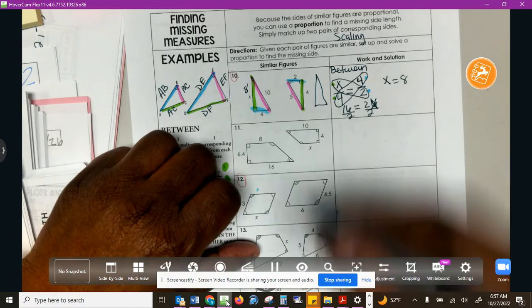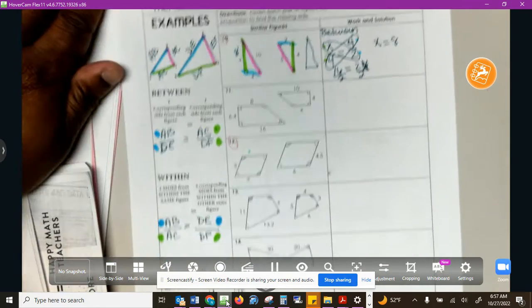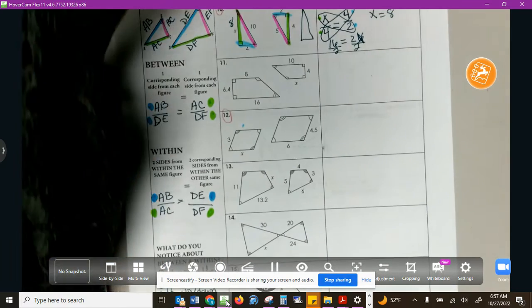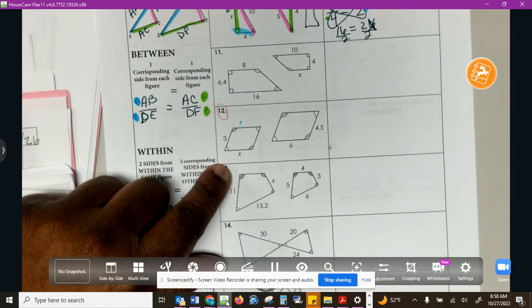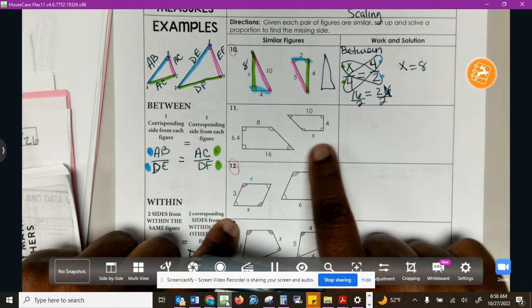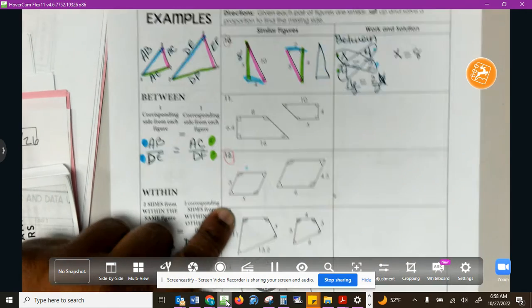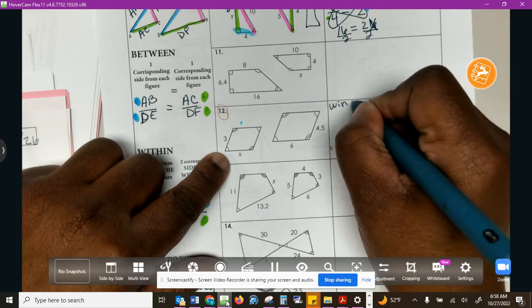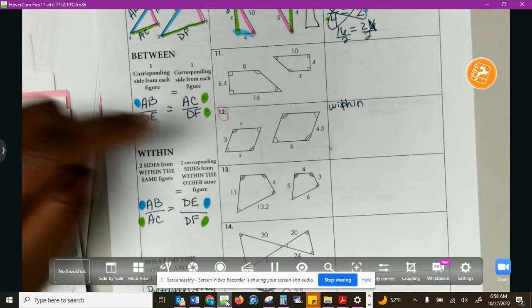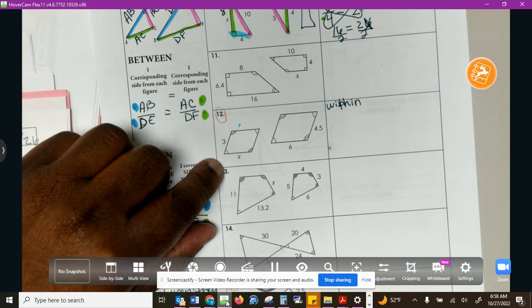I hope that was clear. All right, let's go to the next one. Okay, now for number 12, you can do this one on your own. If you look at it, you just have to rotate it. On here, I'm going to use the within method. For this one, you will see that